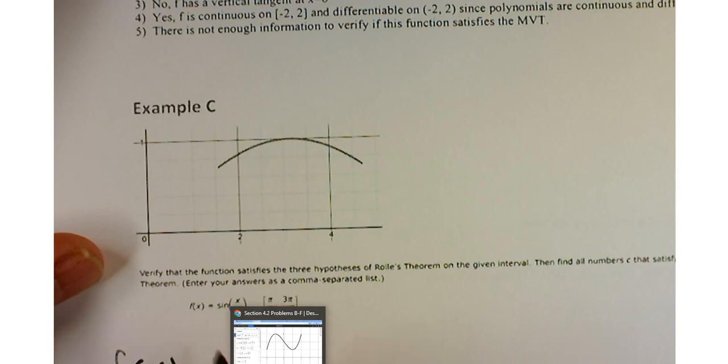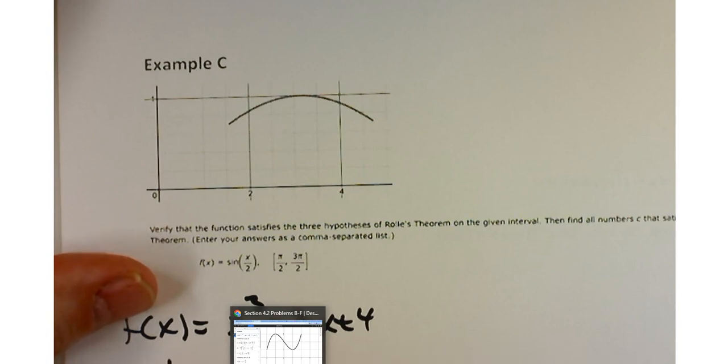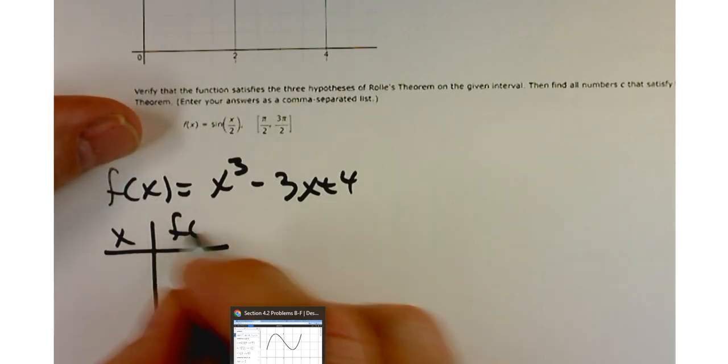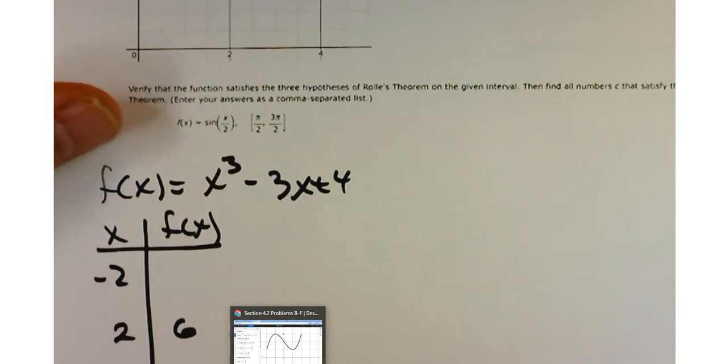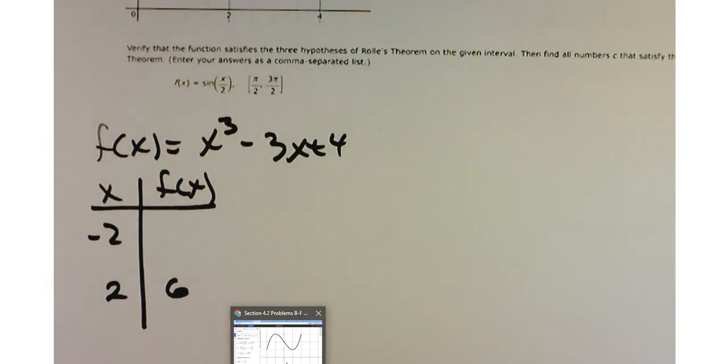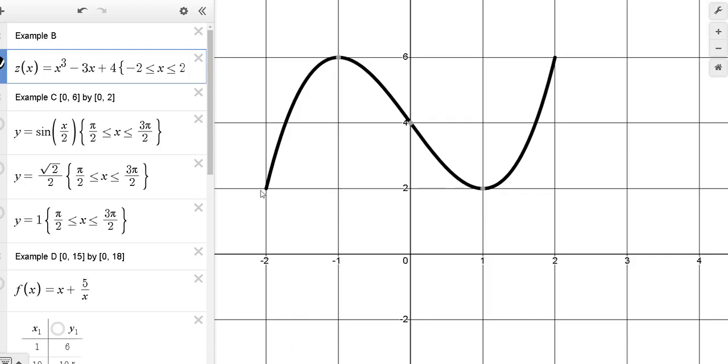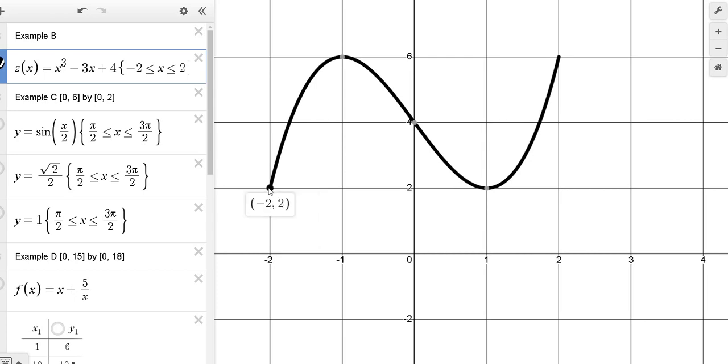f of x is x cubed minus 3x plus 4. x, f of x, negative 2 and 2. Let's see, f of negative 2 was what? Was it 4? Or is it negative 2? Let's see, let me go back here. That was 2. All right,